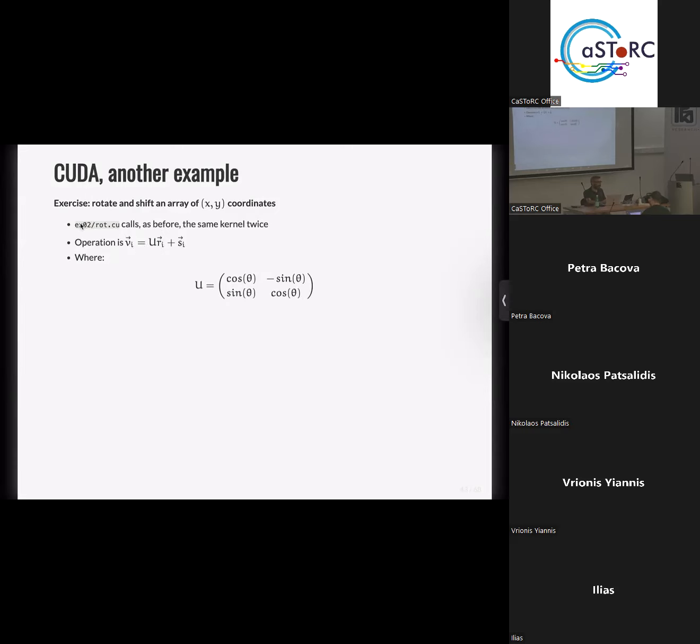So we'll look at this code that I put there in exercise 02. The file name is rot.cu, rot for rotate, and there's 2 other files there, but don't worry about that now. Let's just take a look at the slides for now, and then we look at the code later. Okay. So what that code wants to do is basically this operation here,